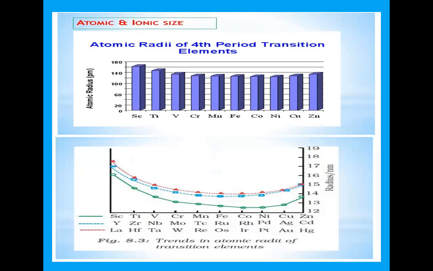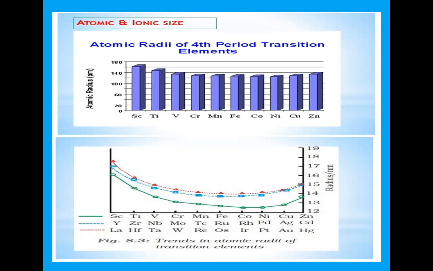Number one is their nuclear charge. Second one is screening effect. And what is the relation between these two? This is the third point. So at the beginning, the entering electron along with nuclear charge also increases. Electron enters and nuclear charge increases, thereby screening effect decreases. That means from scandium to manganese.